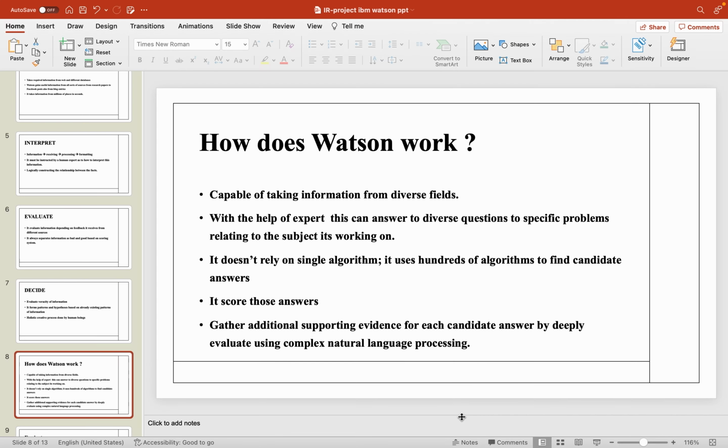Thank you, Ramya. I want to continue further. In this slide, we're going to explain how Watson works. As my friend explained, Watson is capable of taking information from diverse fields, and with the help of an expert, gets to work on answering diverse questions and specific problems relating to the subjects it's working on. It is through Watson's hypothesis and evidence scoring that makes the system potentially valuable for these fields,